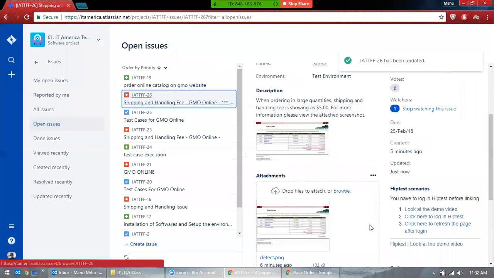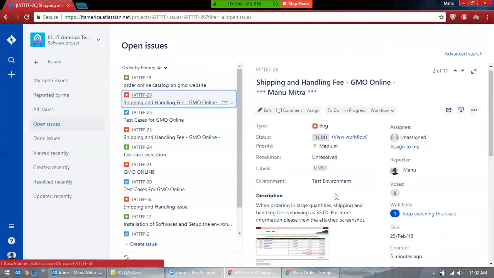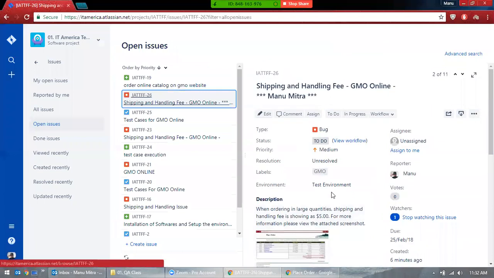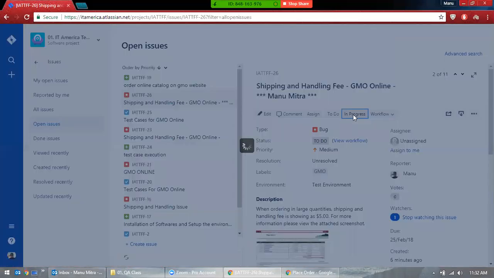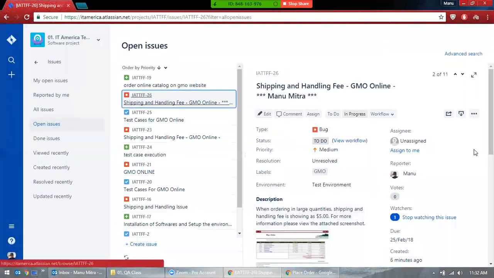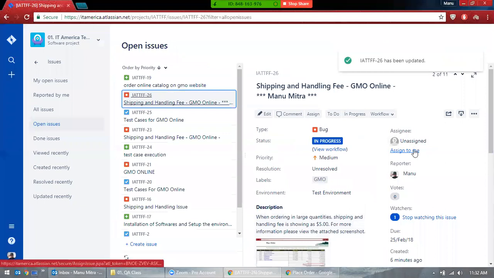Okay, and if you see here, now this is to do. You want to change it to in progress. To do doesn't help. You want to make sure it's in progress. Once it's in progress, an email goes to the particular developer,